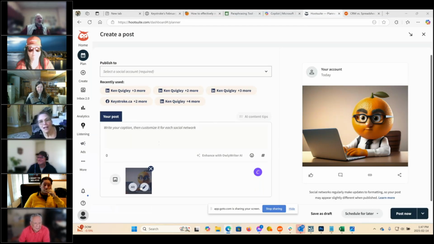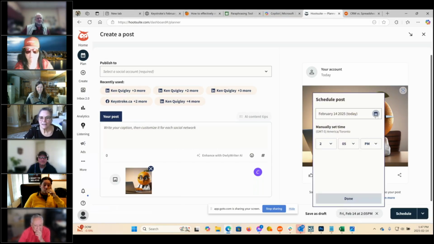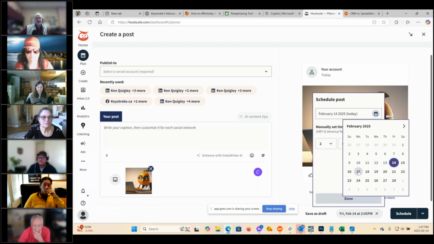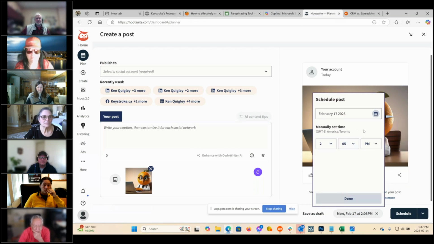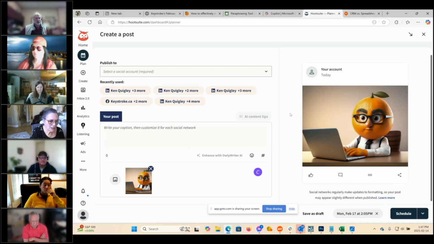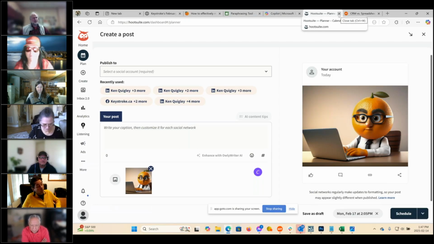Okay, so now I can just add this, put in the text, and then I can say schedule for later, and I can schedule the days. And if I set it, it will often give me recommended times, okay, that are typically between 5 and 7. So I'm going to cancel this, but using this is a very easy and effective tool for